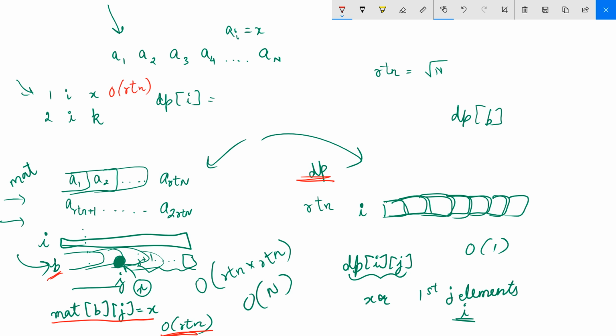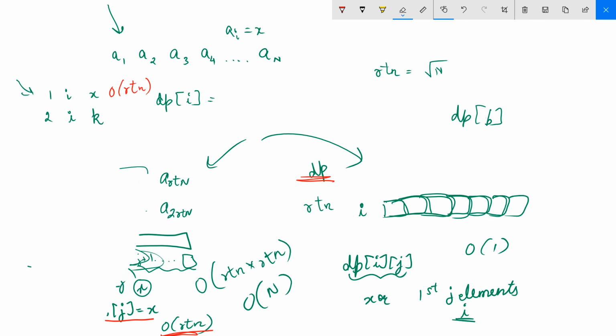What about the second query? For the second query, we are supposed to iterate on the prefixes of the array and look if any of them has XOR of all its elements as k. That can be answered using these matrices that we have over here.